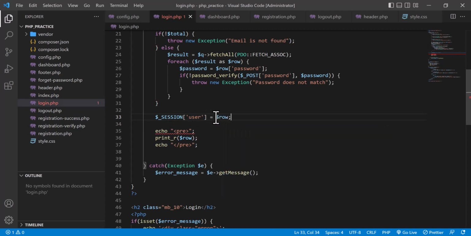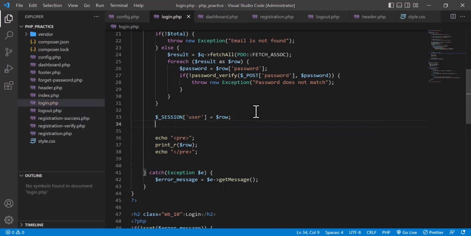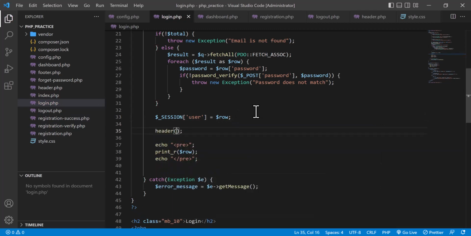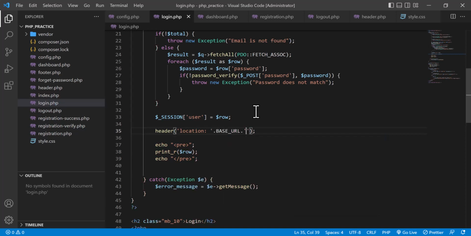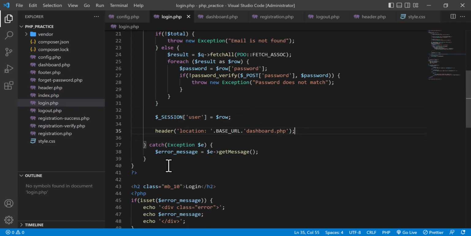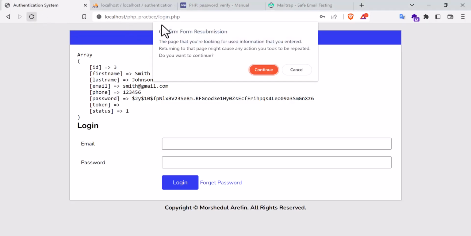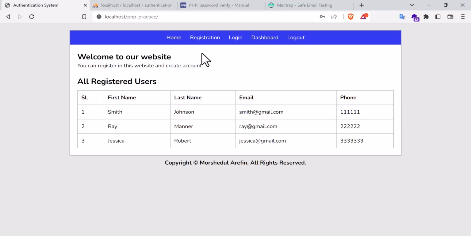So I call the session variable row, and in that time I will redirect him to the location, which will be location base URL dot dashboard dot php. So it will take me to that page. So I am going to close this. Now let's check it. So if I now continue it, yes, you will now be taken to the dashboard, but